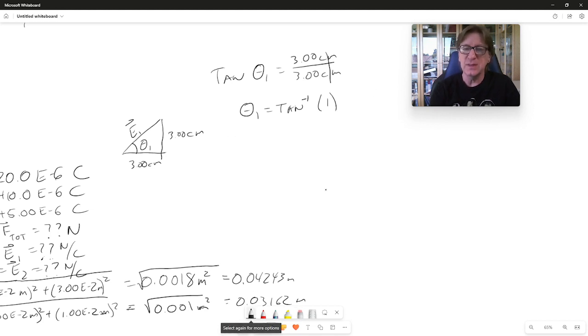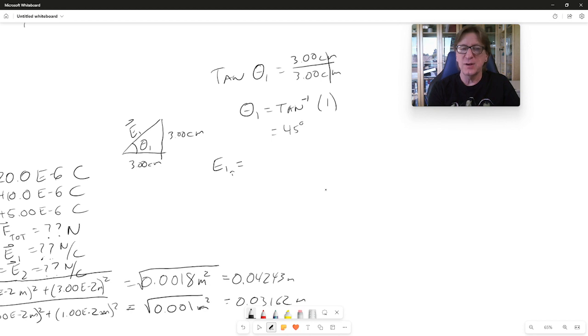And then if you take the inverse tangent, punch it into your calculator. On mine, I have to put in 1 and then hit inverse tangent. You may need to hit inverse tangent and then 1, but you should find that you get 45 degrees. Okay, so this angle is 45 degrees. So all I need to do then, if I want the E1 i-hat component,